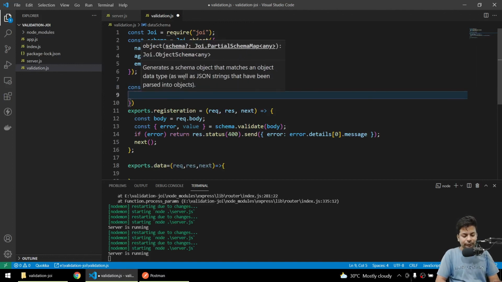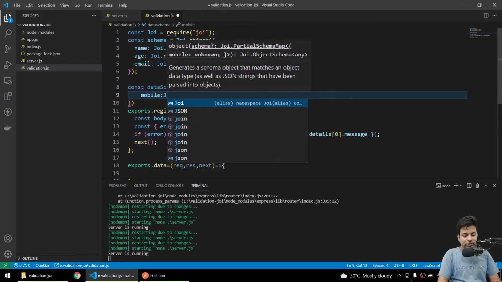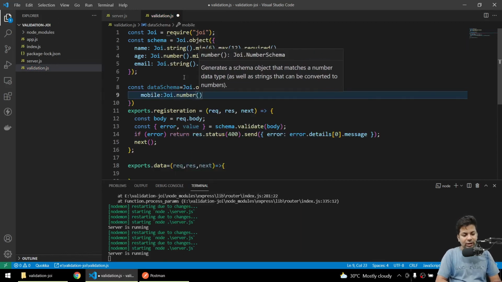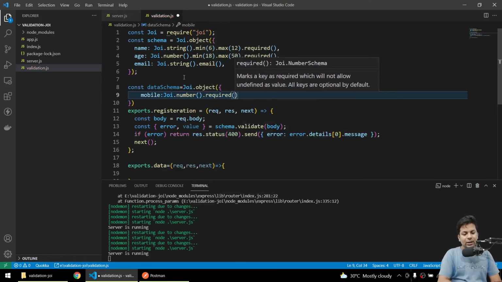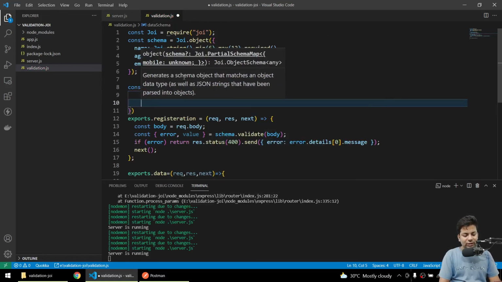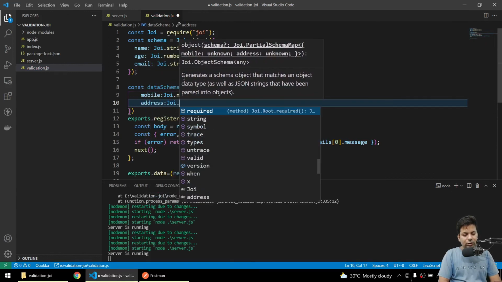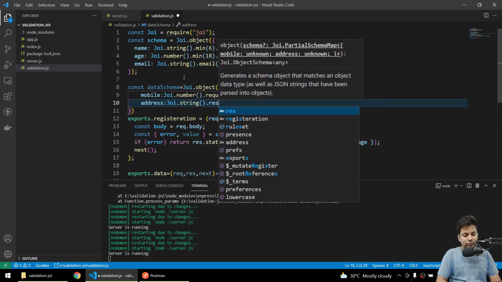Firstly here I'll add mobile number, I'll just say Joi dot number, and we'll add it is required, and we'll add any other thing, address, Joi dot string dot required.